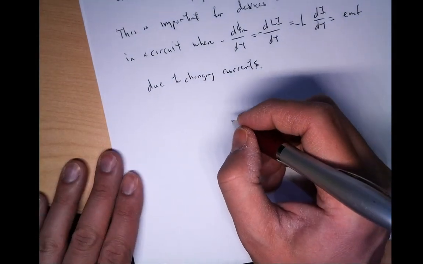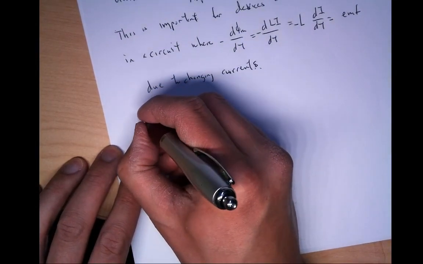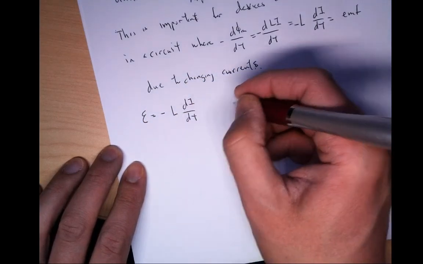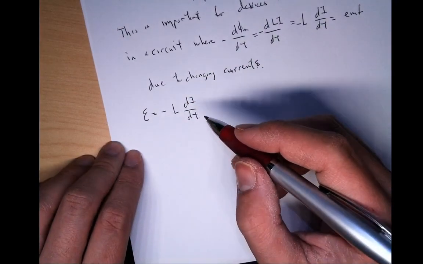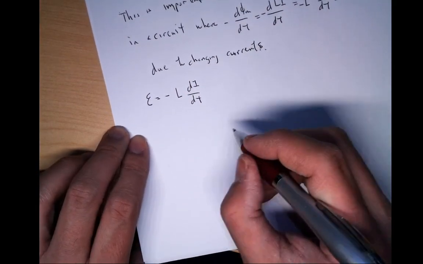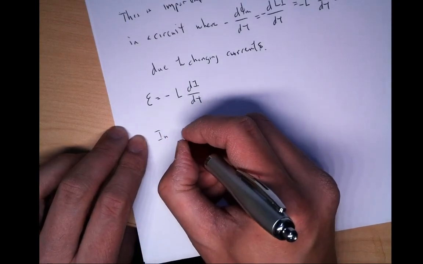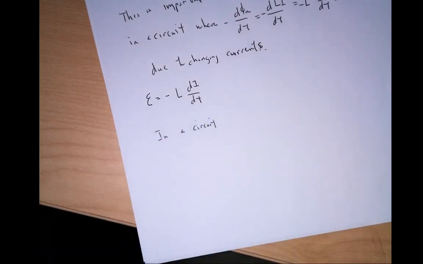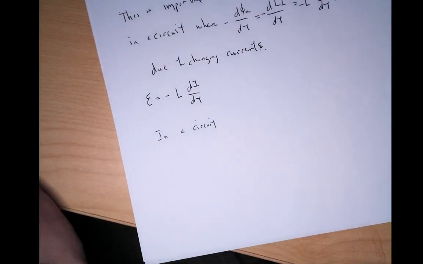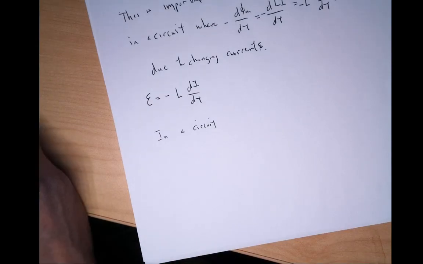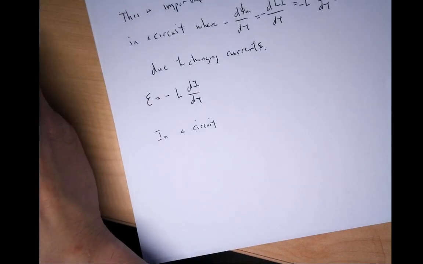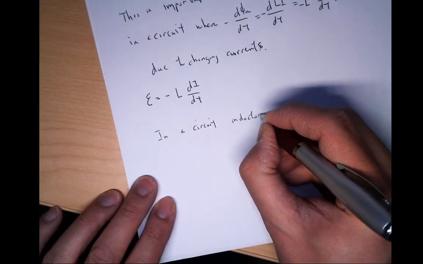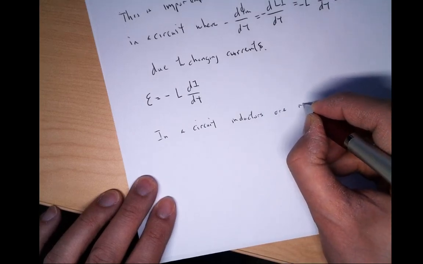Okay. So I have this EMF now. The EMF is equal to minus L di dt. So this is EMF due to inductors in a circuit now, right? So in a circuit, inductors are represented